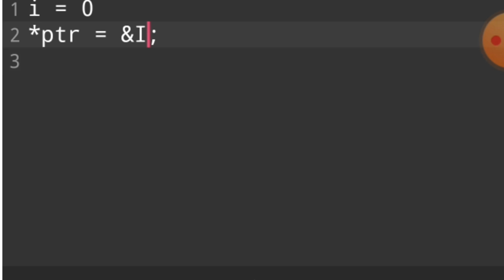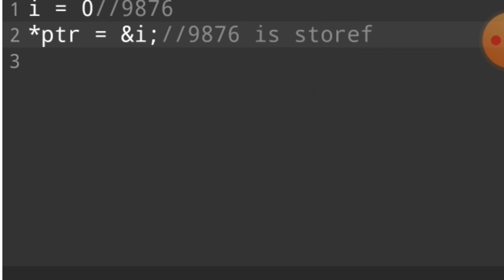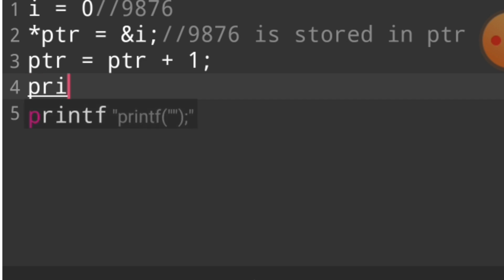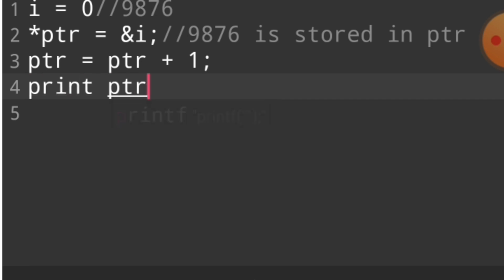The address of i is stored in this ptr. For example, the address of i is 9876, so 9876 is stored in the ptr variable. If I say ptr = ptr + 1, and then I print ptr, which value is printed?